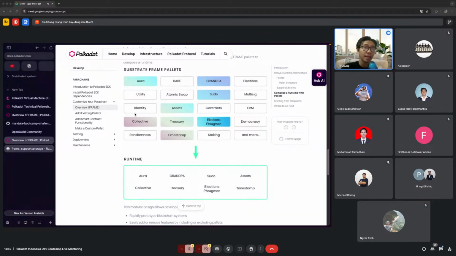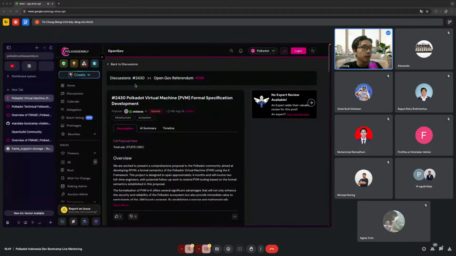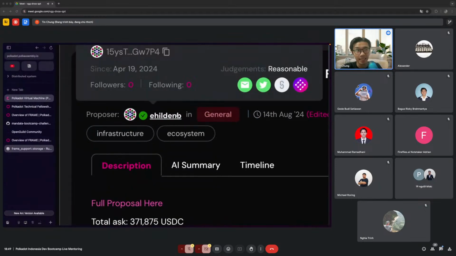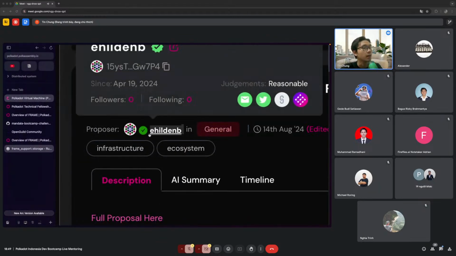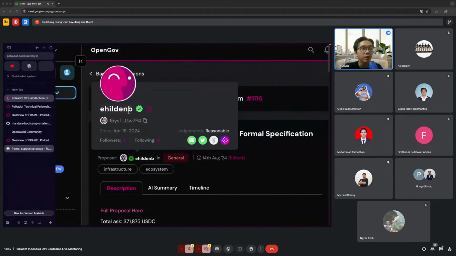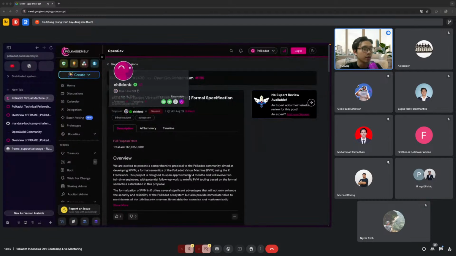You also have pallet identity that allows you to define an on-chain identity on Polkadot. If you go to Polkassembly, you're going to see some accounts here that have an identity, like this guy. This guy has a username, right? And this username is configured by the user, and it is stored on chain, directly on the Polkadot blockchain, not on some set of backend servers that store this handle.